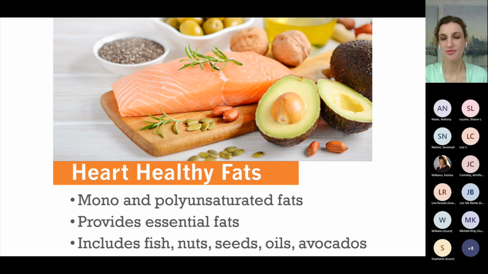So lots of wonderful things that you can choose. Now, if you're not a fan of fish per se, there's a lot of plant-based options that are wonderful sources of omega-3s. So if you love walnuts or flax seeds or chia seeds, these are great options for alternatives. So I'll tell you, a bowl of oatmeal in the morning with some fruit and maybe a little bit of flaxseed or chia seeds is such a nutrient-dense meal. It's tasty, and it's going to make such a difference for how you feel.